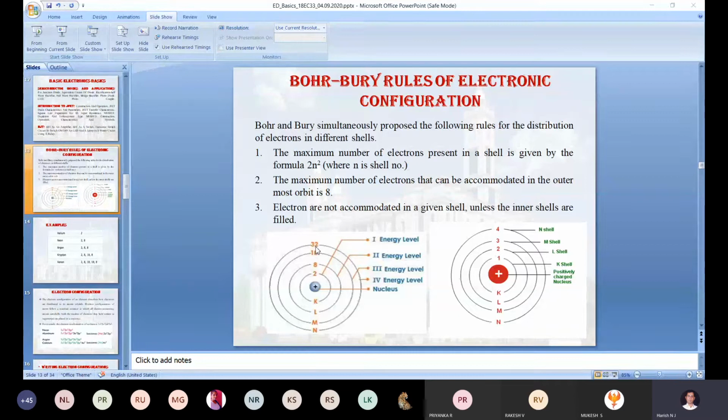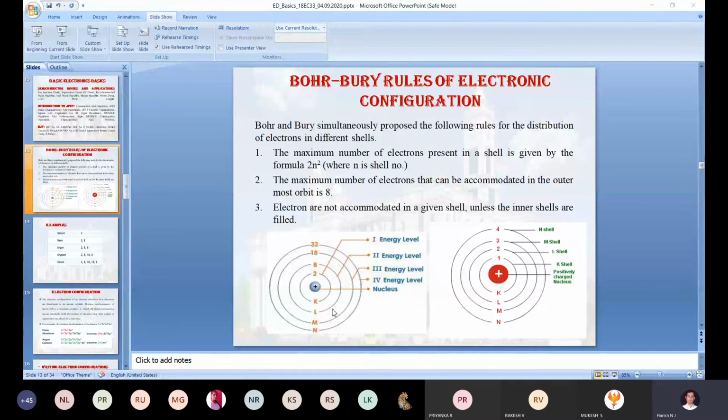Coming to the energy levels, the first orbit electron has very small energy compared to the electrons present in the outermost shell. Because of this, those electrons are loosely bound from the nucleus. Hence they have a little higher energy compared to the electron in the first orbit. It is clear. The first orbit we can call the K shell.